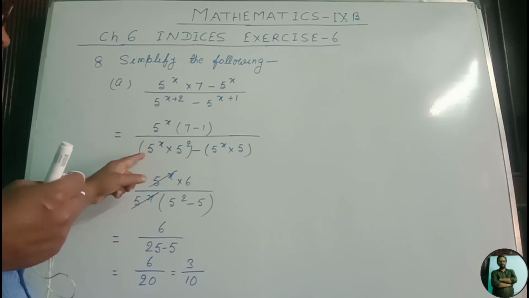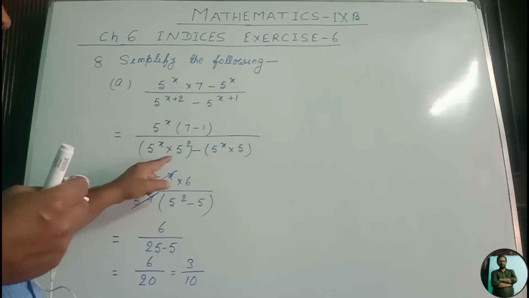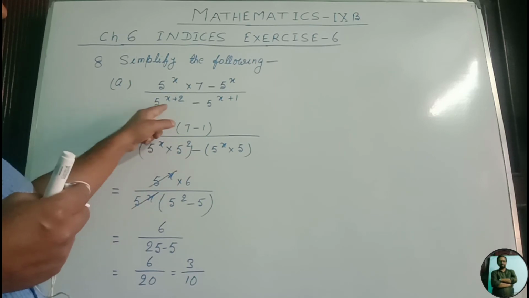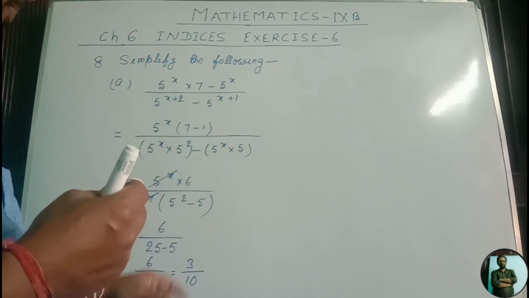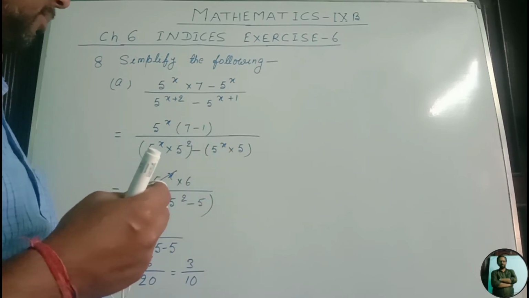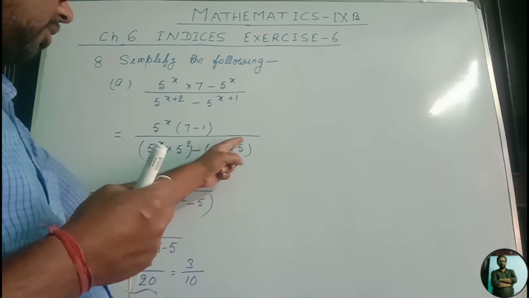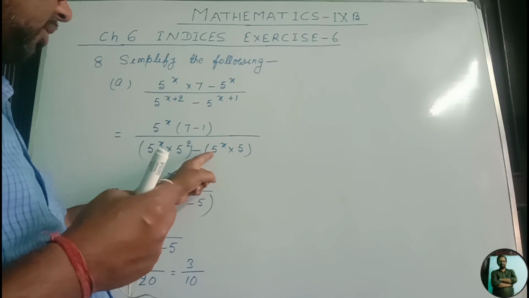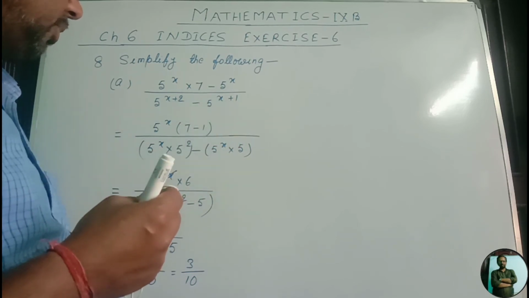How can we get back? 5 is the common base and the powers are different, and both are in the form of multiplication. So with that common base the powers will be added, meaning 5 to the power x plus 2. Now this minus came here, and again I separated these two: 5 to the power x into 5. Because the base is the same, the base is common but the powers are different, and if you simplify it we will get back, because with the common base 5 the powers will be added, 5 to the power x plus 1 we are getting back.